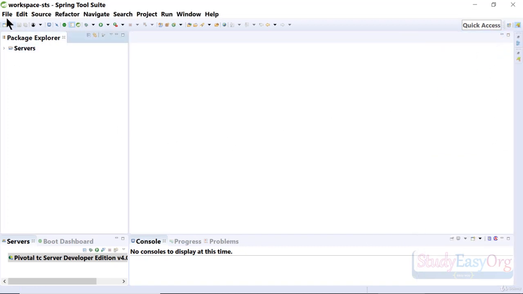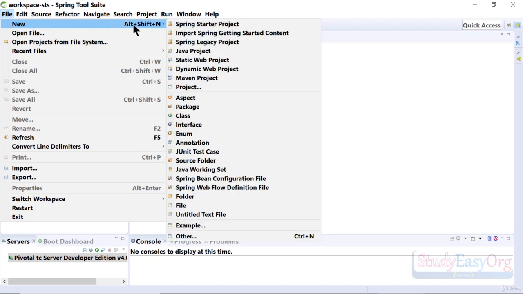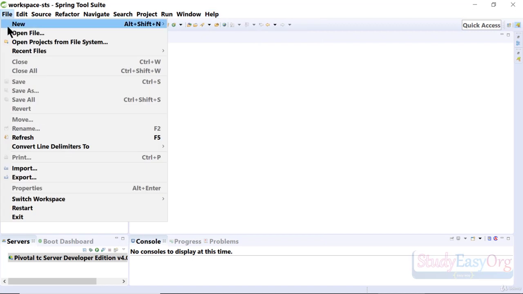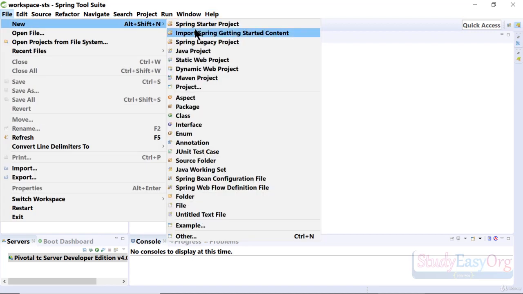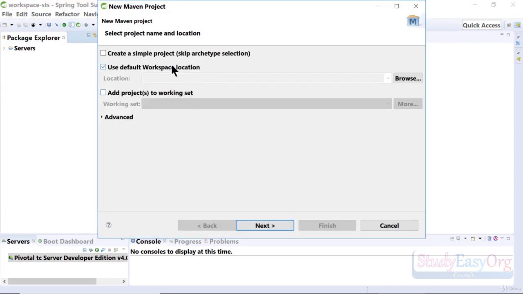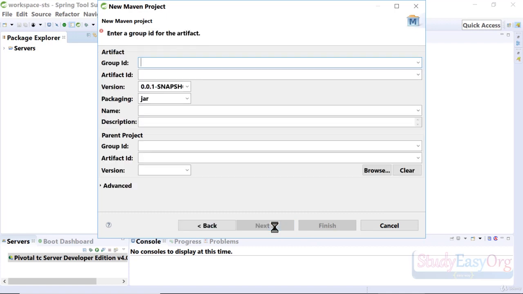Alright, now let's navigate to File. We will click on New, and in here we have a couple of options like Spring Starter Project. Then there are a couple more options, but we will go with the Maven project. Now in here we have this checkbox, create a simple project, skip archetype, and we will select this one. We will make use of a simple project and we will do everything step by step. So we will click on next, and in here now we need to add a couple